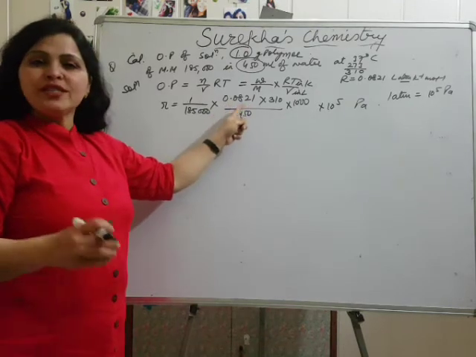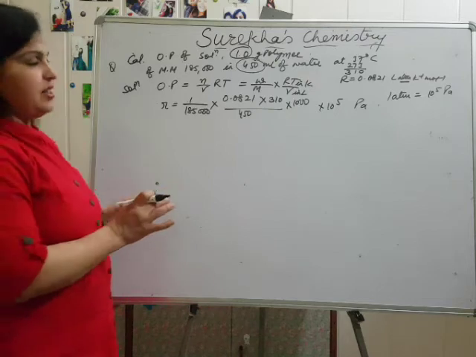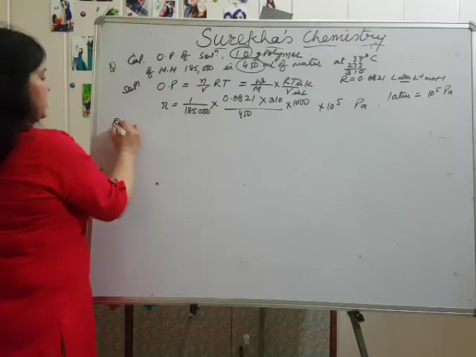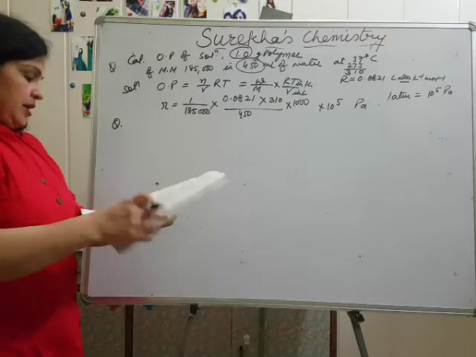0.0821 को आप 0.08 यानी कि 8/100 ले सकते हैं कैलकुलेशंस के लिए, राइट. सो दिस इज द क्वेश्चन रिगार्डिंग ऑस्मोटिक प्रेशर. नेक्स्ट इज